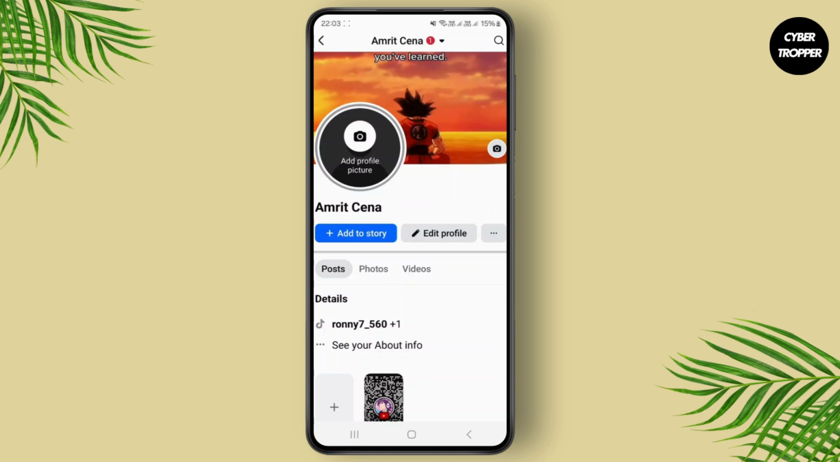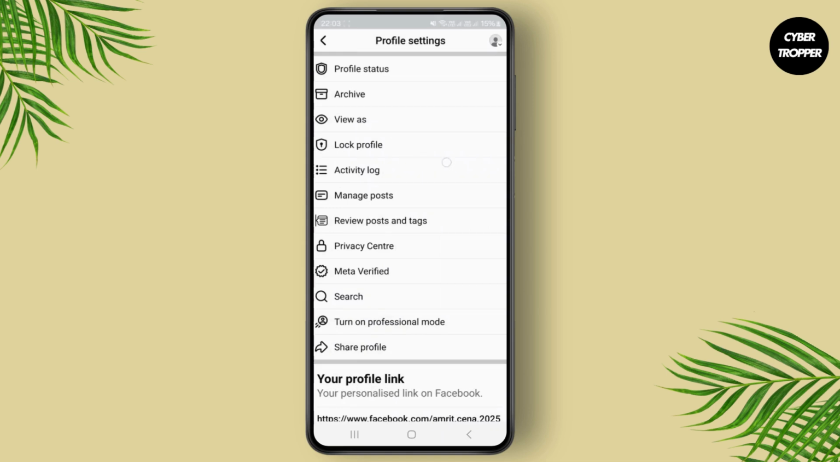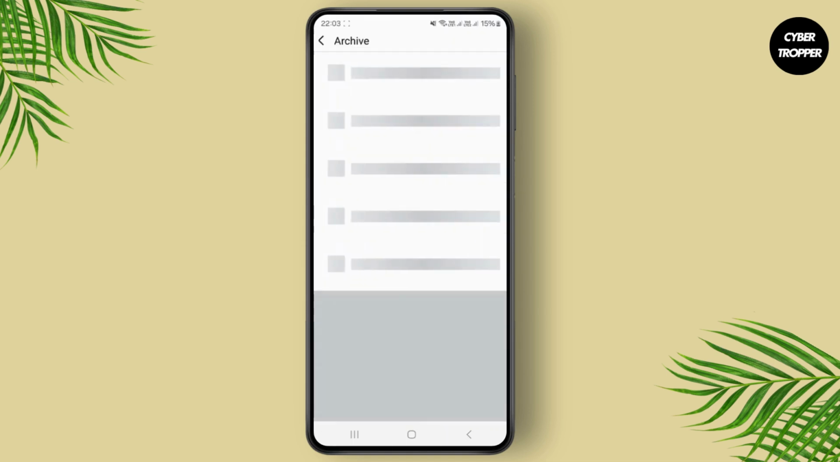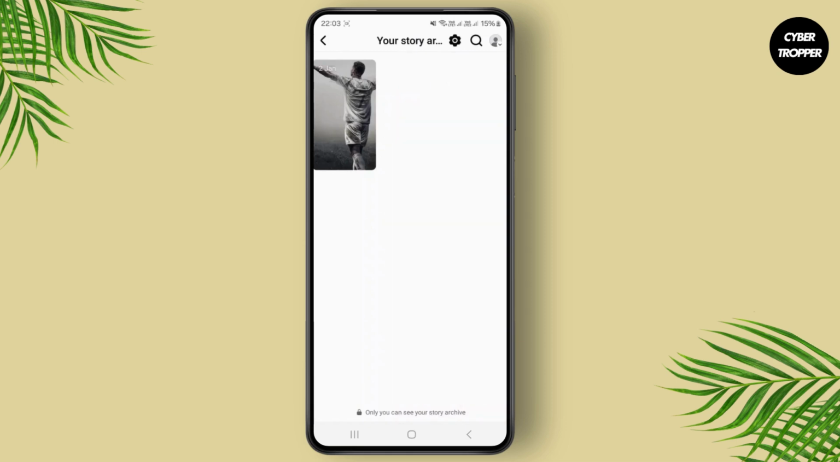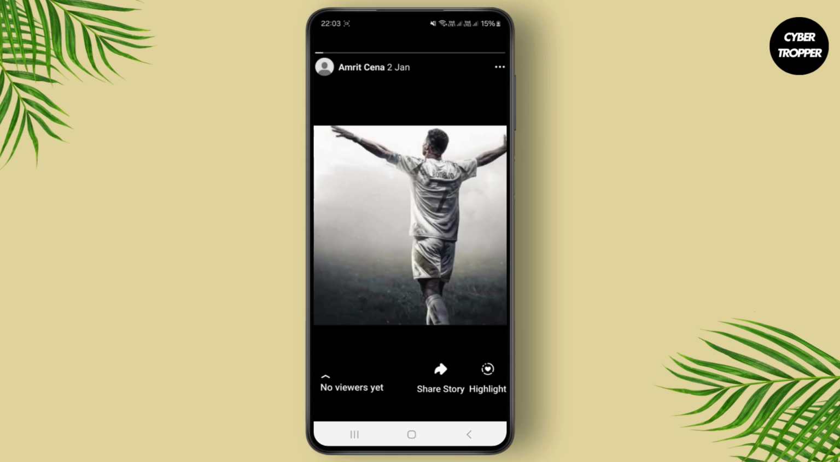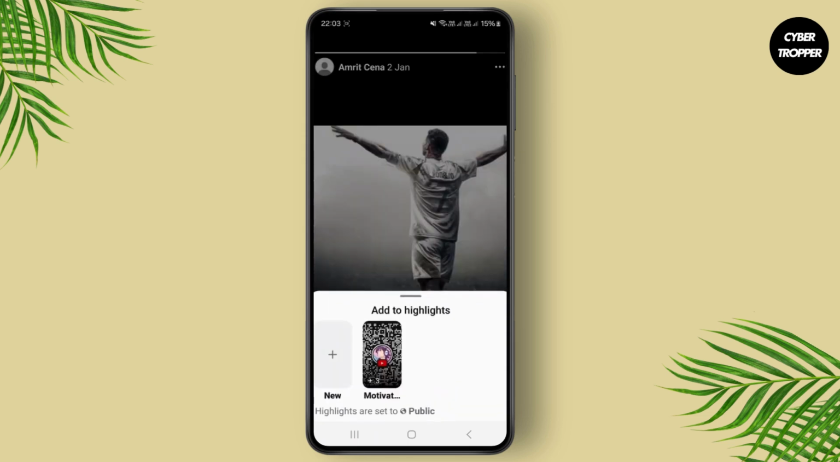So once you're inside your profile page, you can simply tap on this three dot icon right next to edit profile button over here, and once you click on it, just select archive button and then select story archive. Since we want to add a highlight of the particular story, so just click on this particular story just like this. So once you're inside here, you can simply click on this highlight button right at the bottom right corner